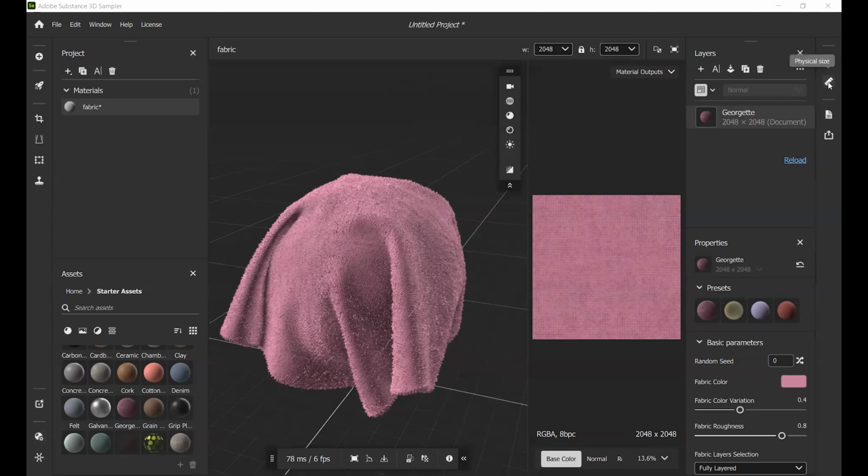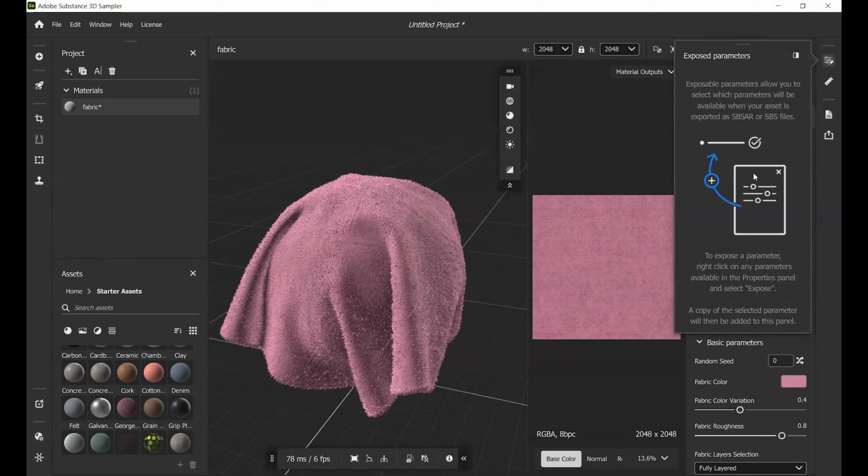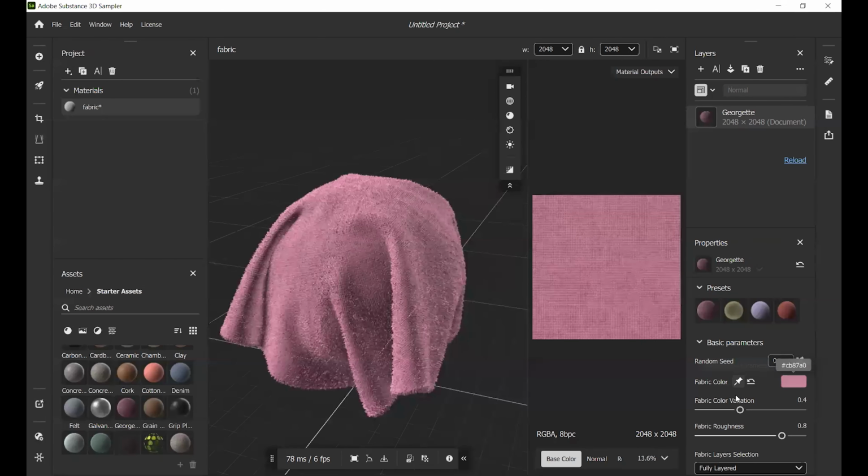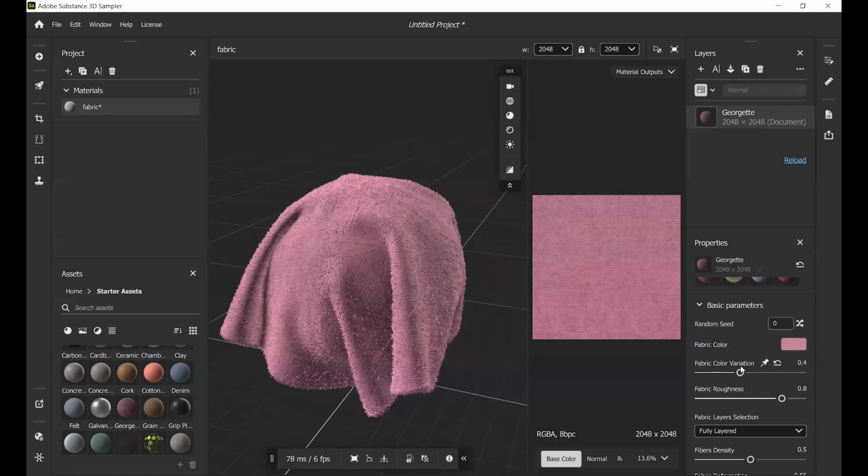Now let's come to the right sidebar. On the right side, we have the exposed parameters. Now you can't see any exposed parameter, but let me go here to show you this option.